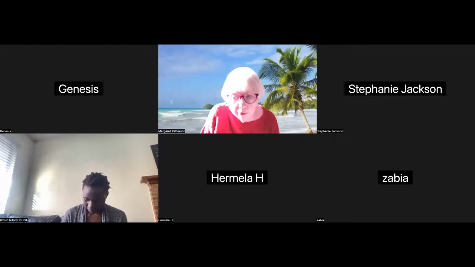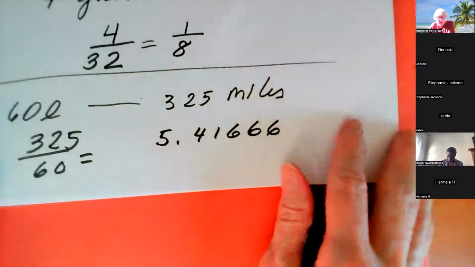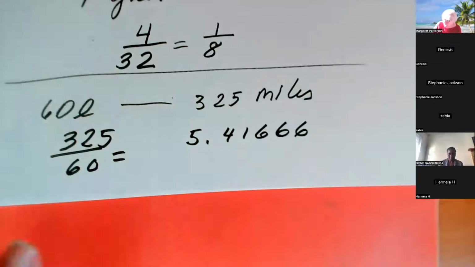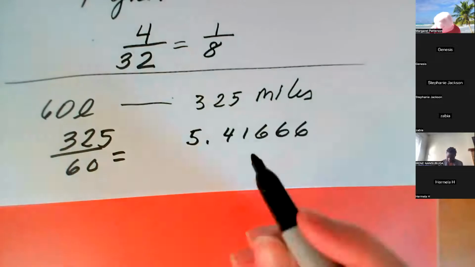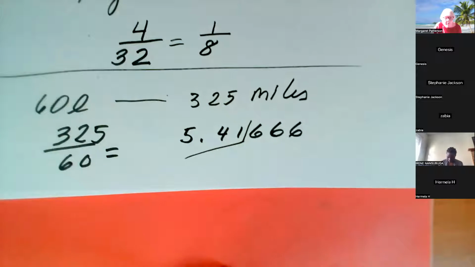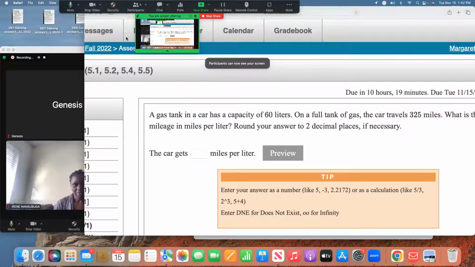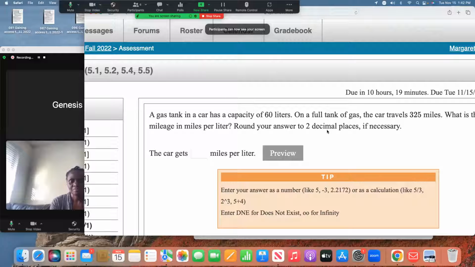I've got to fix my window. So it's miles per liter. So I put miles on top and liters on the bottom. I hit the calculator. Now, what was the rounding instruction? It was 2 places, wasn't it? Or did anybody notice how many places? I thought it was 2. Did anybody? Was anybody paying attention? Yes, I think it was 2. I'm going to look real fast. 2, round, 2 places. So 5.41